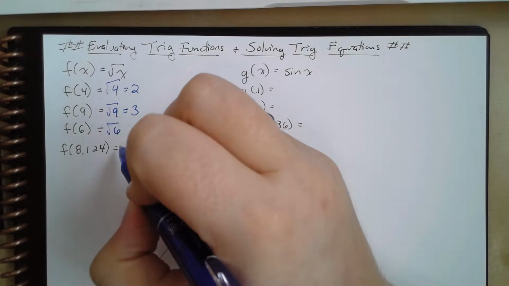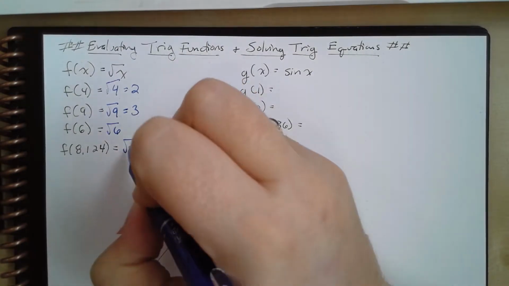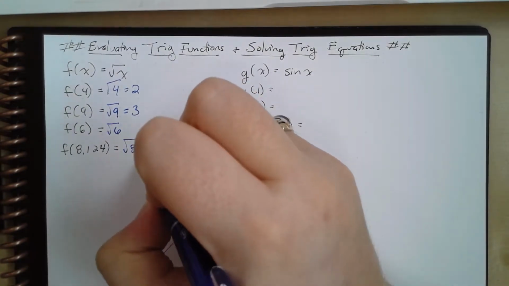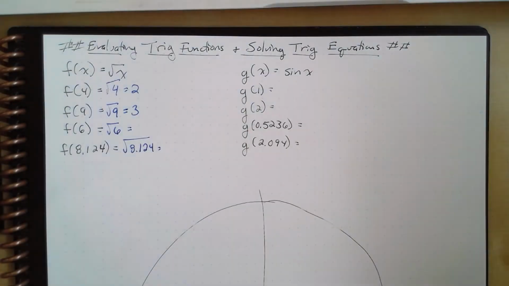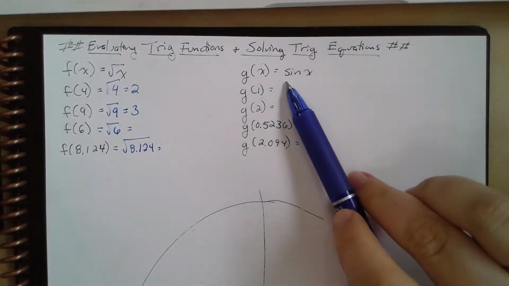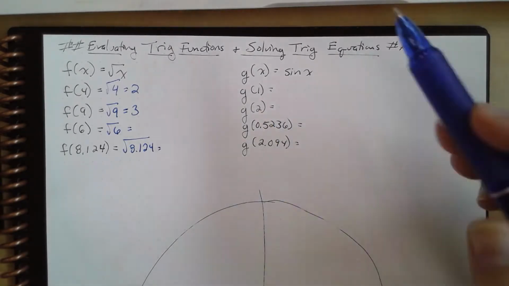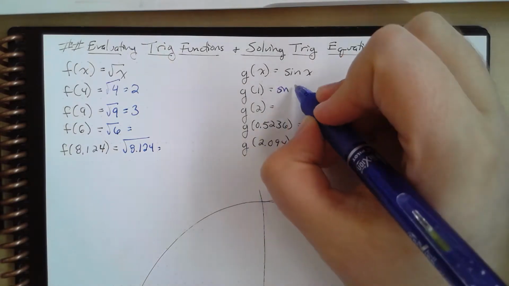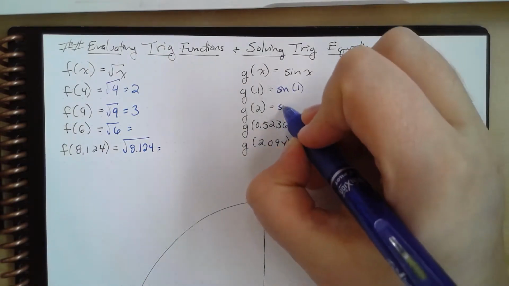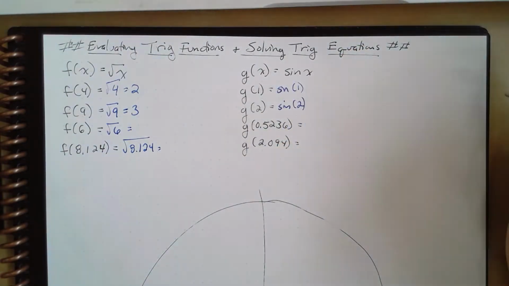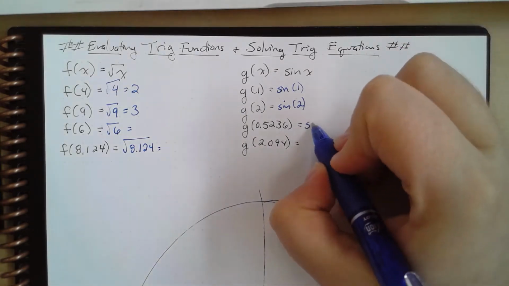And likewise, if we used f of 8.124, we're going to have to take the square root of that, and that's going to be more complicated as well. So let's look over here at g of x. Sine of x is going to be complicated if we find g of 1, g of 2. Well, sine of 1, we don't really know how to find. Sine of 2, we don't really know how to find. And likewise, we don't know how to find sine of